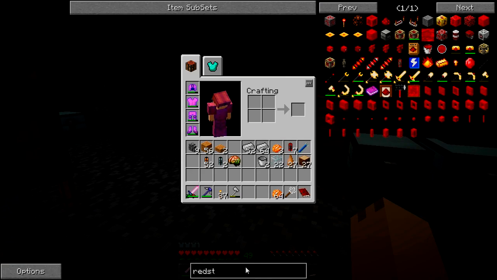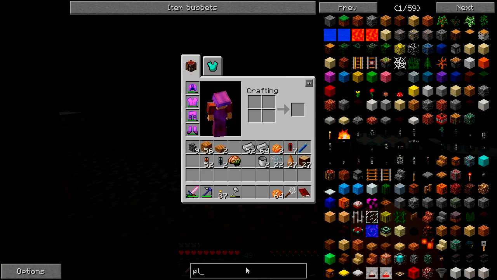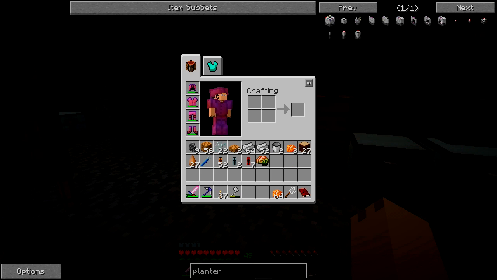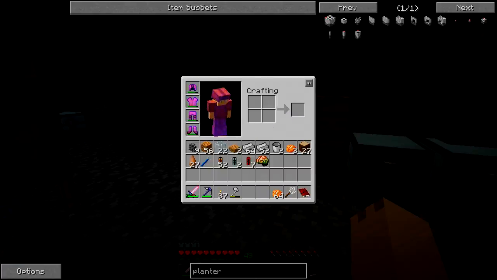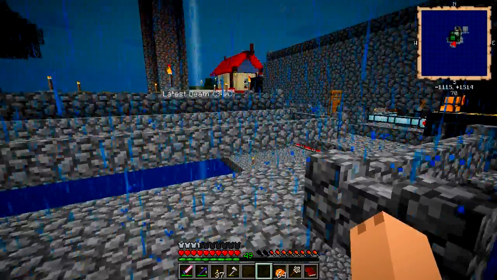Now, we need to make ourselves a planter for the next quest, and also for our power system. Planter is a couple pistons, a flower pot, which is 3 bricks. Okay. Now, I think I have...